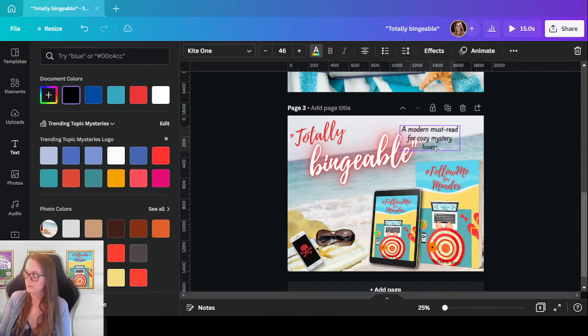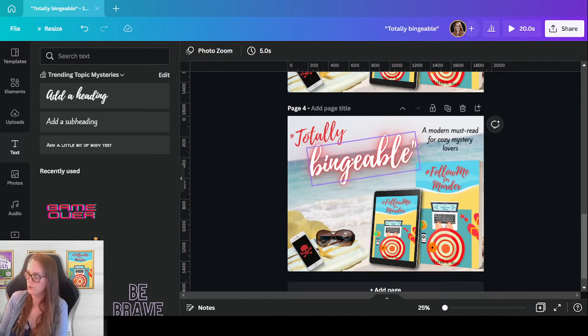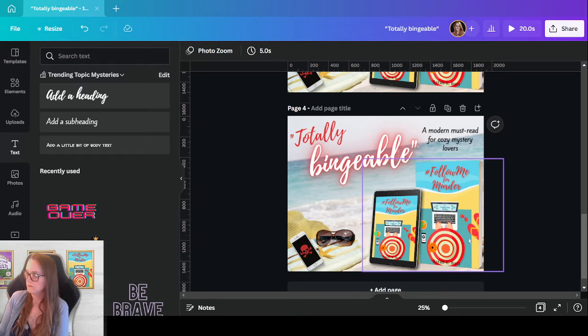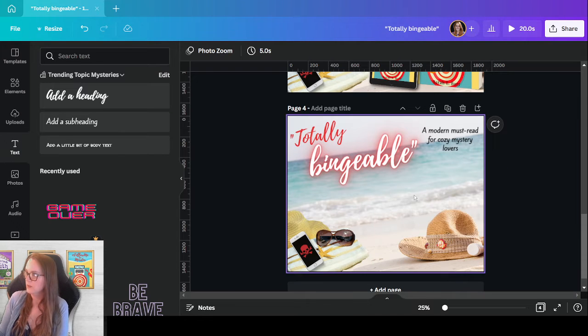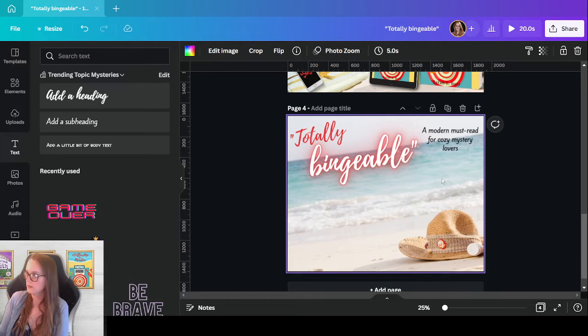I don't know where I want this though, because I think I'm actually going to put it on a separate page. So I just duplicated this whole page because I'm going to keep this, but I'm going to do a different page for it. So I'm going to get rid of the books, get rid of the background, get rid of this. My background is going to be that photo that I saw earlier that I really liked,